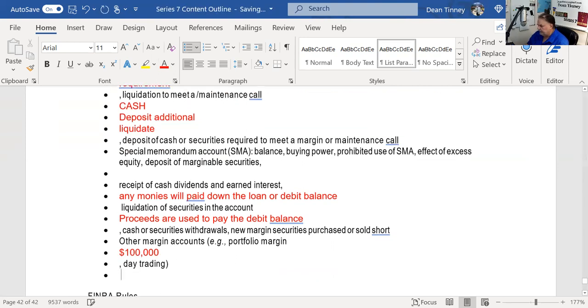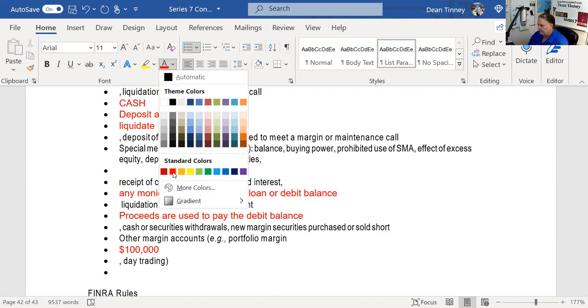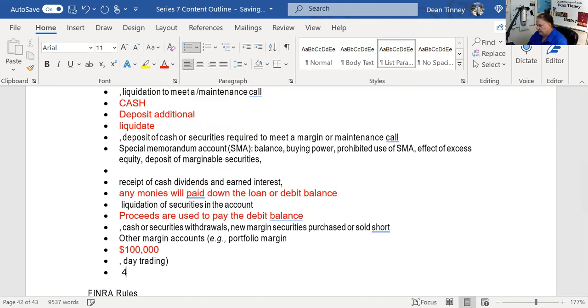And day trading accounts, I bet this comes up at Robinhood all the time. If you do 4 or more trades in a 5-day period, all these people are trading with their cell phone, and they're buying fractional shares at $50 or whatever the case may be. But if you do 4 or more trades,